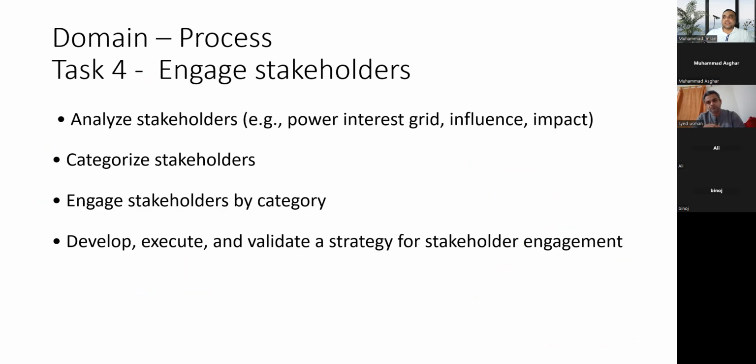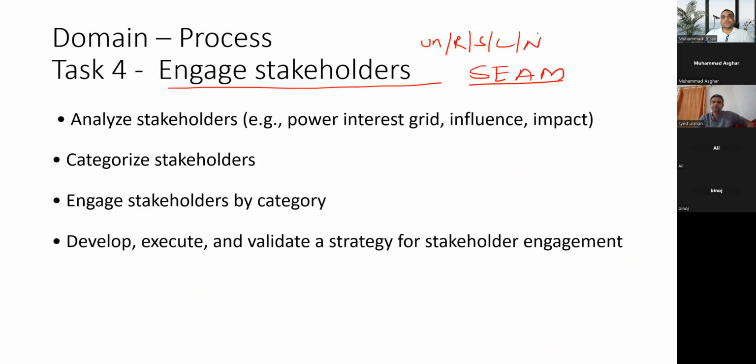Task four is engage a stakeholder. Engage a stakeholder based upon the matrix called the stakeholder engagement assessment matrix, where we have the classifications of unaware, resistant, supportive, leading, and neutral. So we need to understand which type of stakeholders they are and what their concerns are, maybe by using the power interest grid or the power interest influence cube, and categorize the stakeholder based upon the salience model, which